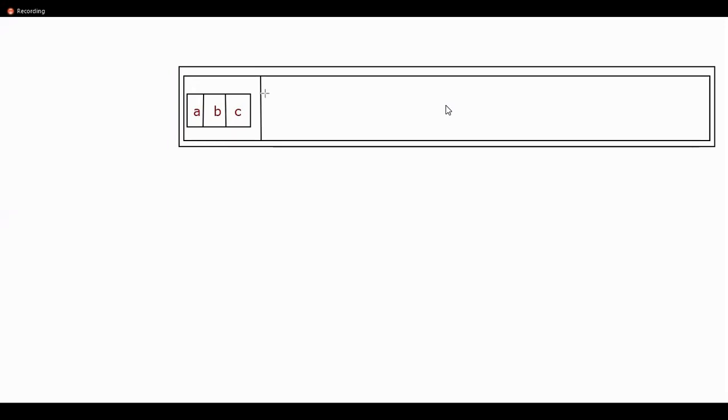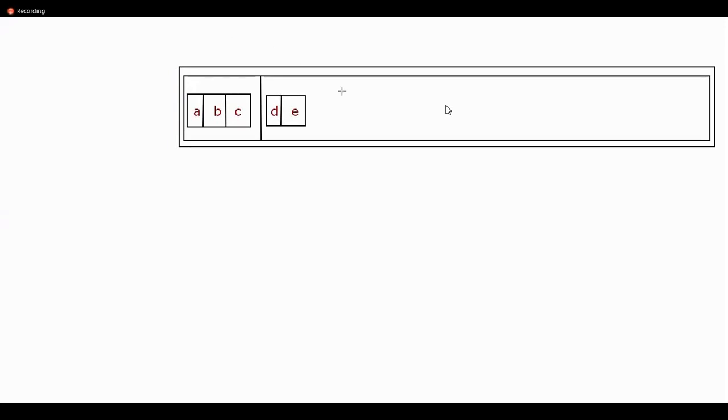So another list is going to be allocated memory here, and for this list, the data values that I'm supposed to store here are D and E. This is how my second list is going to be stored inside my outermost list.